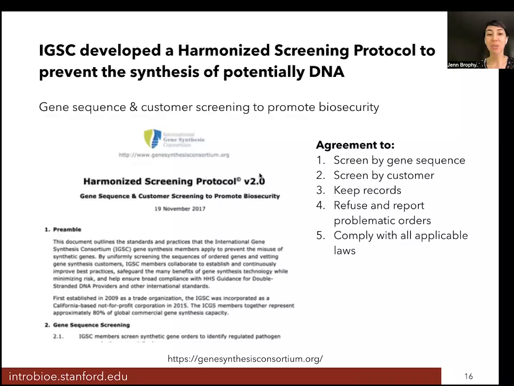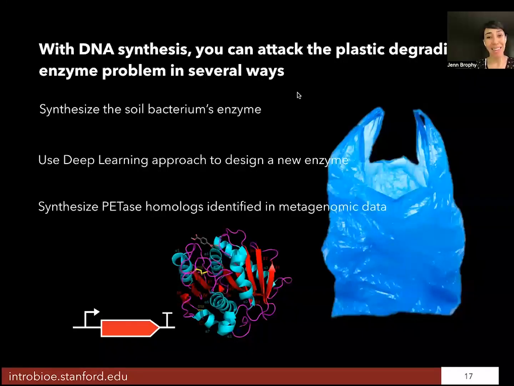One of the things that I think is really interesting about the IGSC is that it is voluntary. And so not every gene synthesis company needs to be a part of it. And that's problematic because even if these companies have come up with a good protocol for screening potentially hazardous sequences, if not everyone is doing it, then there are still mechanisms by which you could synthesize something that maybe wouldn't be beneficial to humanity or the planet. Okay, that's kind of a sad note to end on, but I would like you to instead, or in addition, I guess,